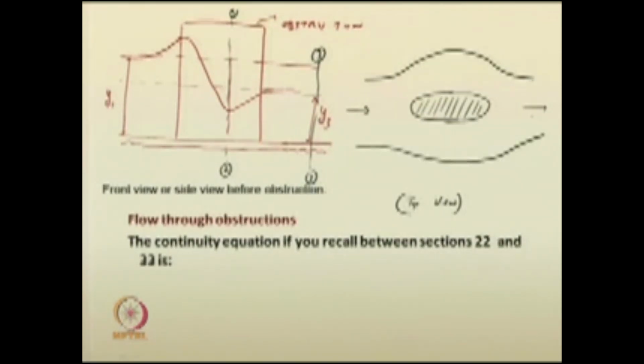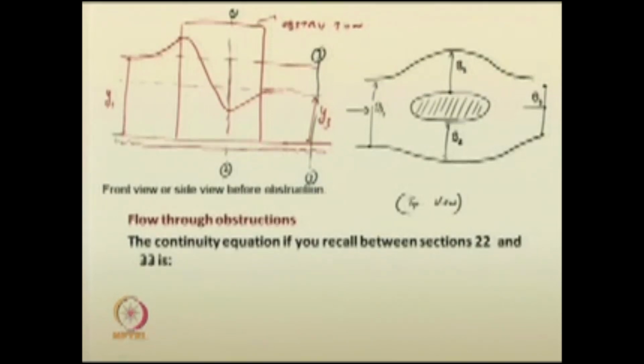Let us assume that here the channel width is B1, then at this location it is B2, and at the downstream the width was considered as B3, if you recall. And a vertical section of the same obstruction